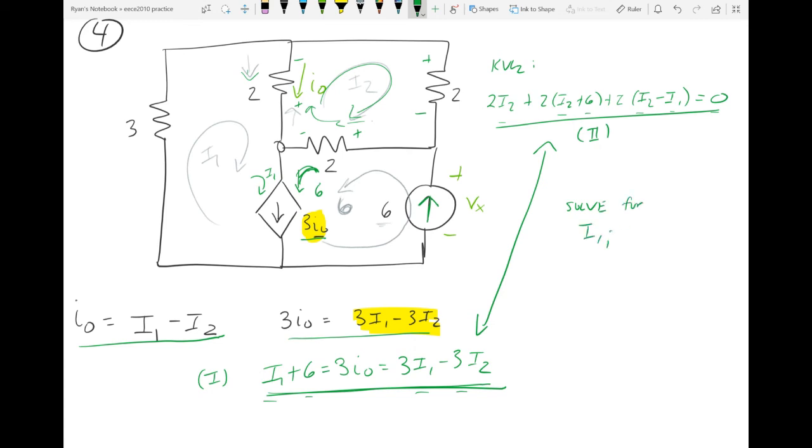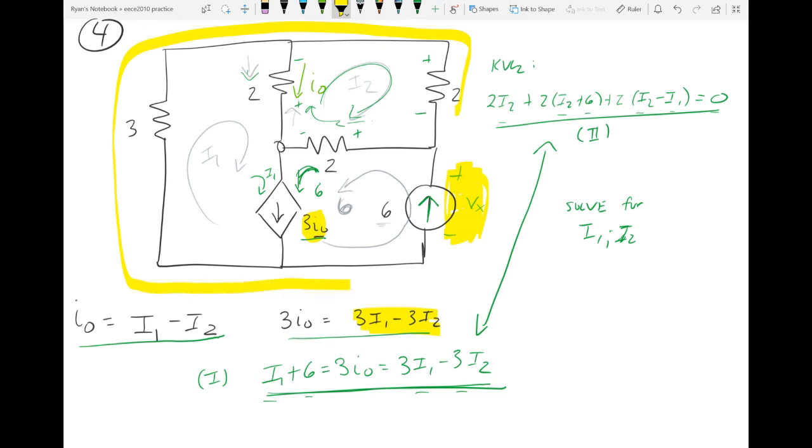Now the question is, how do I find this Vx? To find this Vx, you do need to do a KVL. You need to find a KVL loop that has that in it. The easiest one to do is to just go all the way around the whole circuit, because it doesn't have to be a proper mesh if you're just trying to find that voltage. So if you do KVL all the way around,